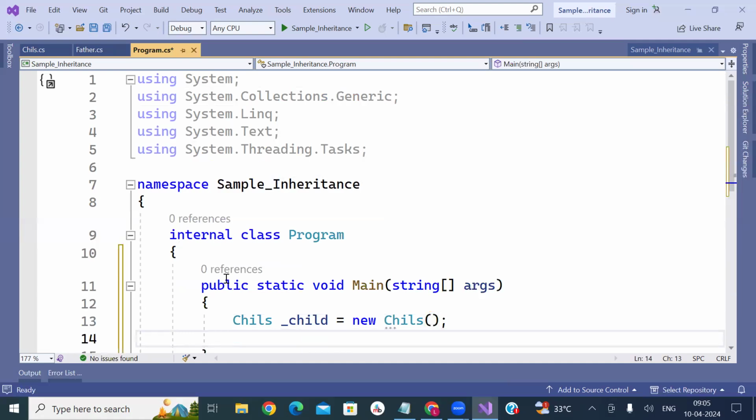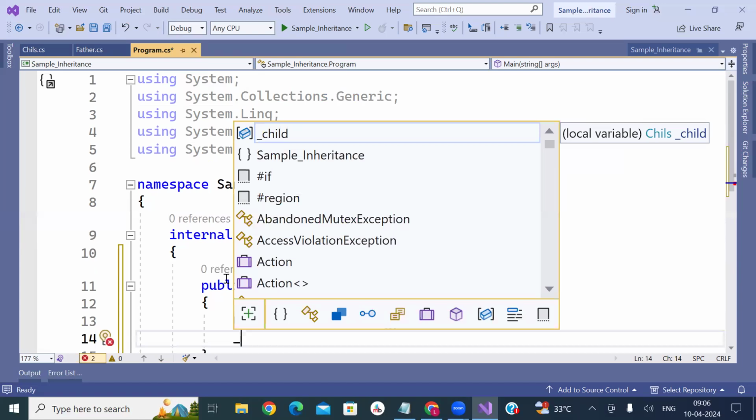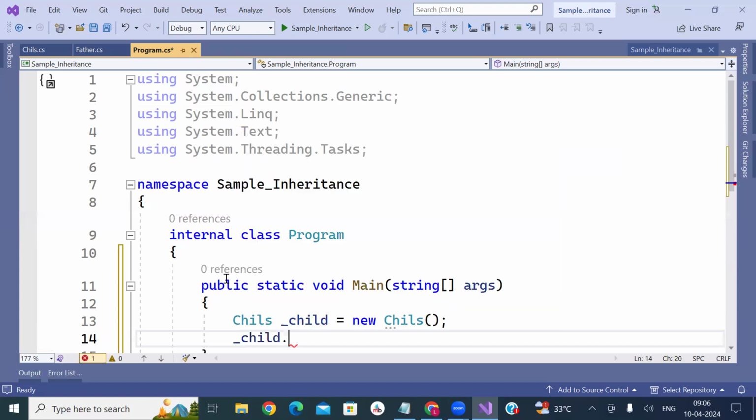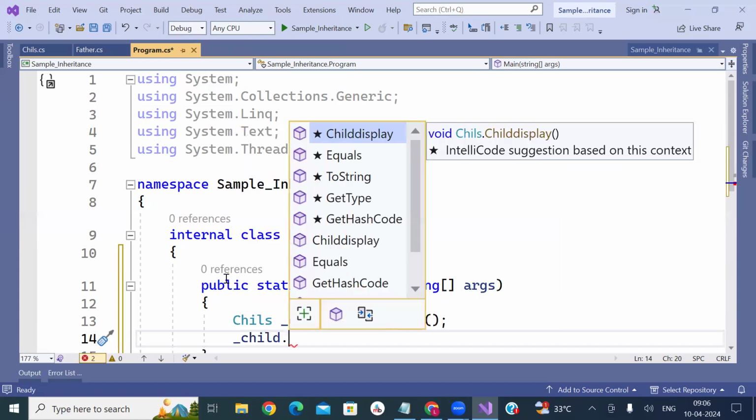Now if you see here, child dot, how many methods do we have? Only the child method. Child display you have.